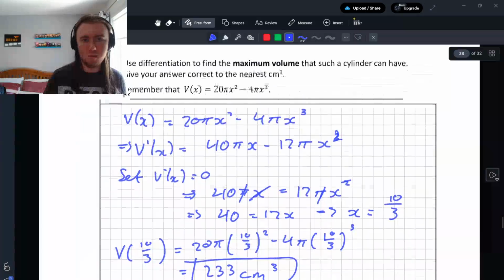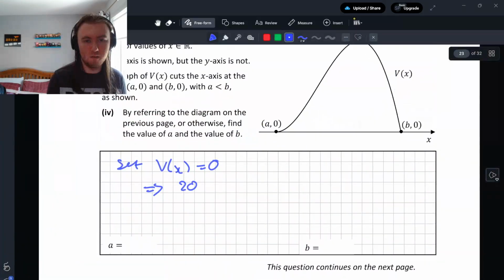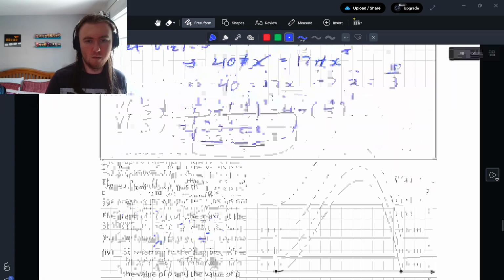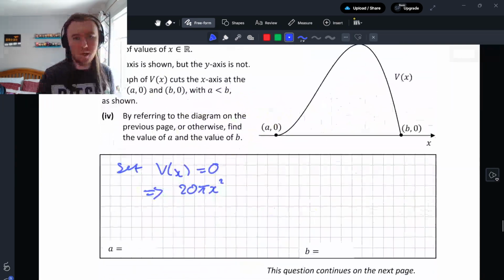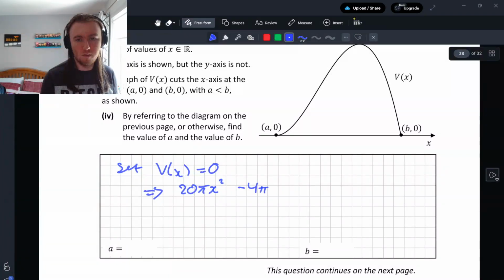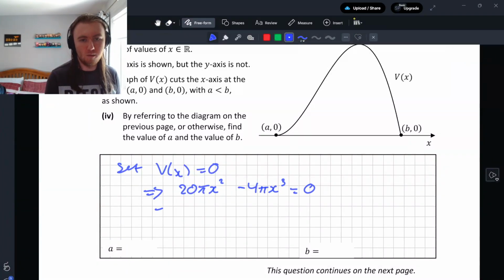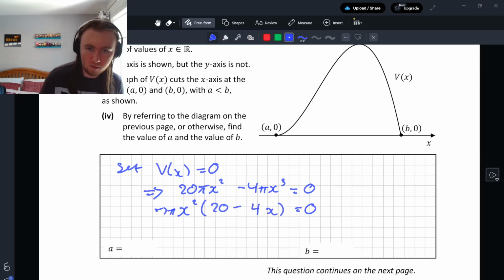So we're setting 20 pi x squared minus 4 pi x cubed equal to 0. So we have pi x squared times (20 minus 4x) is equal to 0. So either x is 0, which in this case it is,